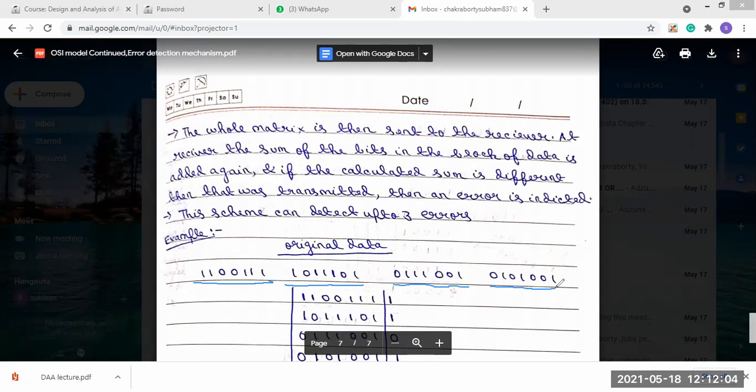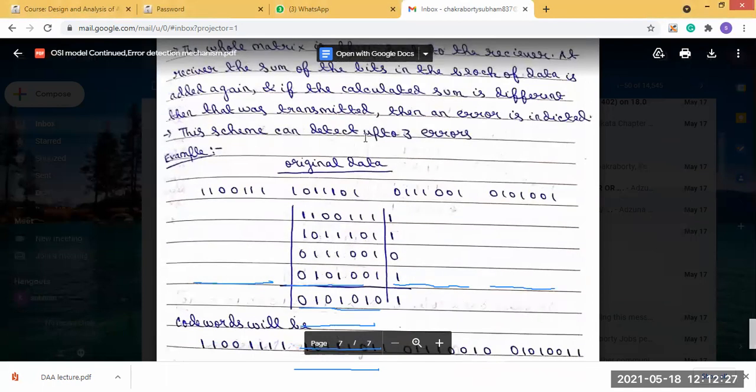Now here you can see what you have to do. It should be arranged in matrix order. So that's why you can see it is arranged like that, one by one, in matrix order.